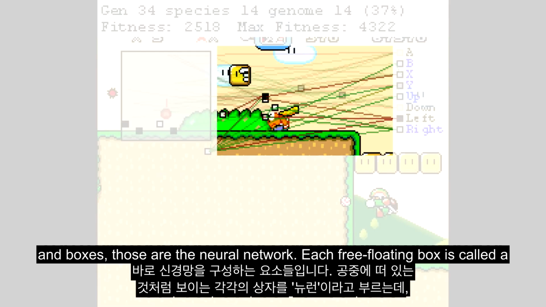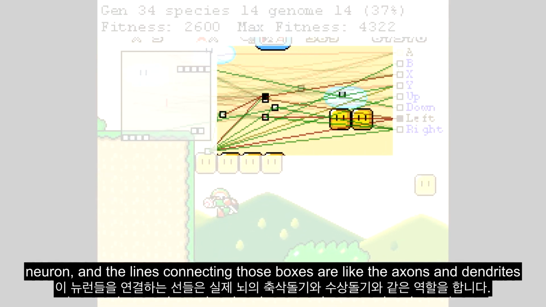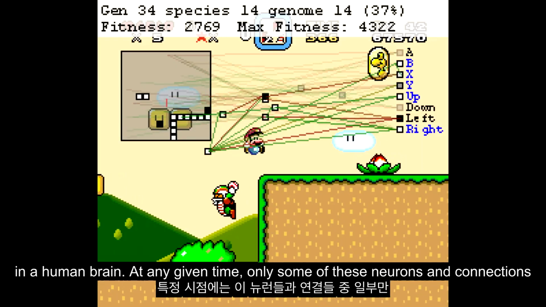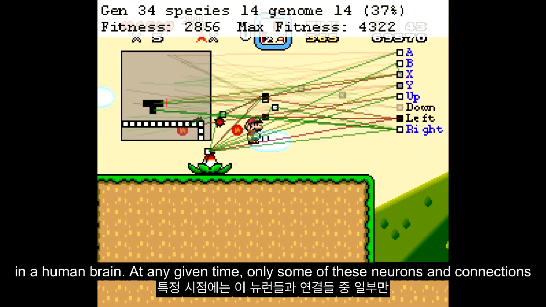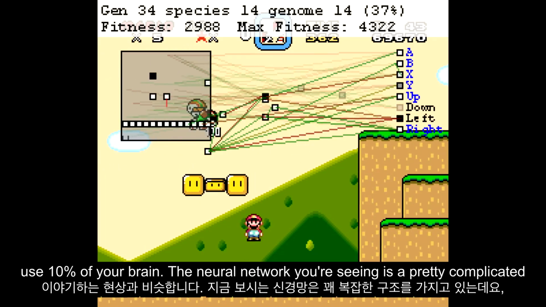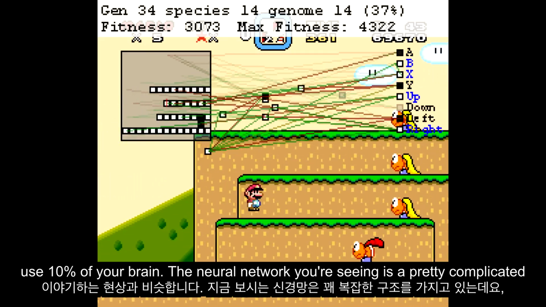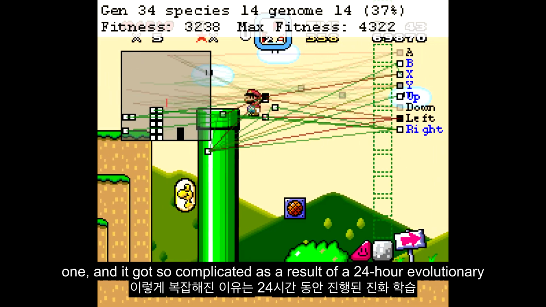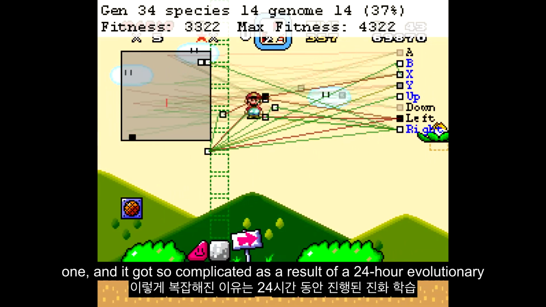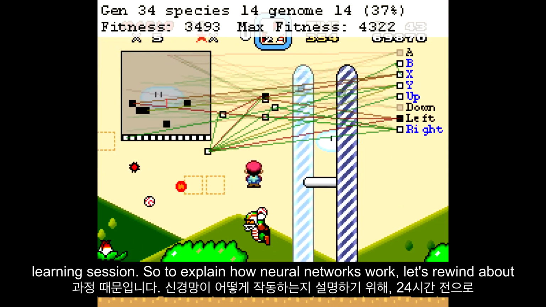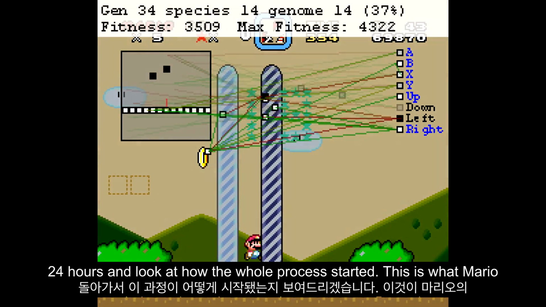Each free-floating box is called a neuron, and the lines connecting those boxes are like the axons and dendrites in a human brain. At any given time, only some of these neurons and connections are actually being used, and this is what people talk about when they say you only use 10% of your brain. The neural network you're seeing is a pretty complicated one, and it got so complicated as a result of a 24-hour evolutionary learning session. So, to explain how neural networks work, let's rewind about 24 hours and look at how